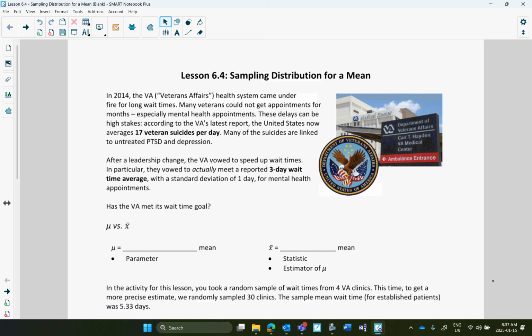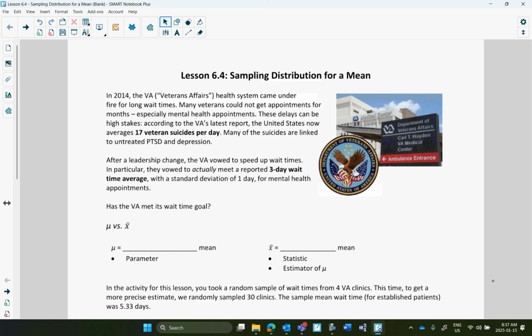So we're going to change our thinking from proportions to means, but everything else is pretty much the same. The conditions are just a little bit different, okay? But it's really going to be very similar to what we did in 6.2 and 6.3. Like I said, instead of proportions, it's going to be means. So the problem we're going to look at,